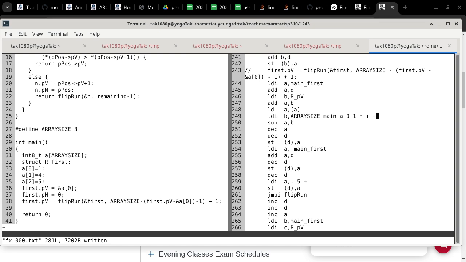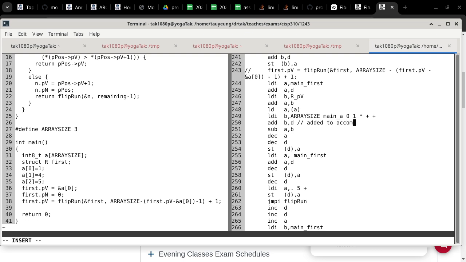So that means the subtraction here is missing one thing. This is a subtraction. This is also a subtraction. So we need to add the stack pointer. So that means we need to add BD here, and add it to accomplish